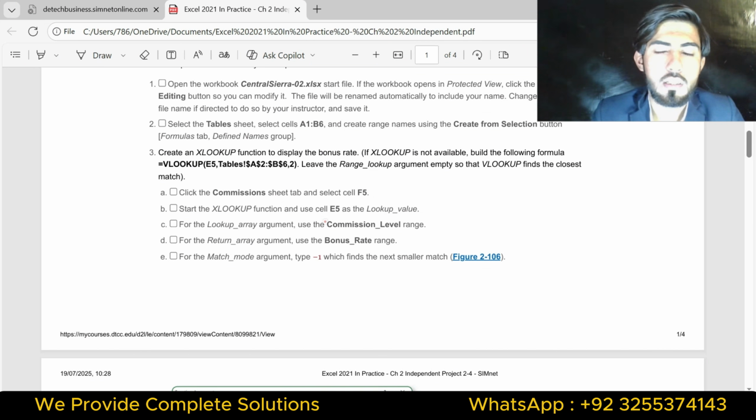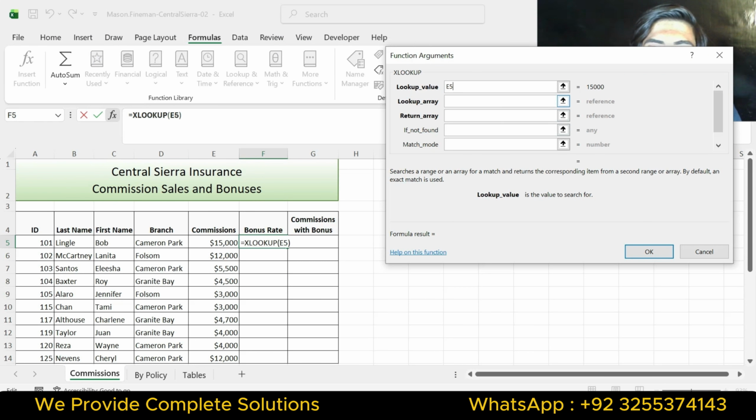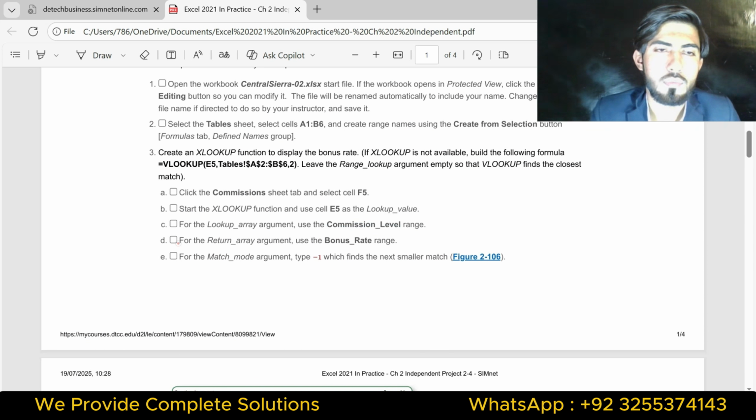So copy the commission level and paste into lookup array. For part D, for the return array argument, use the bonus rate. So copy the bonus rate.